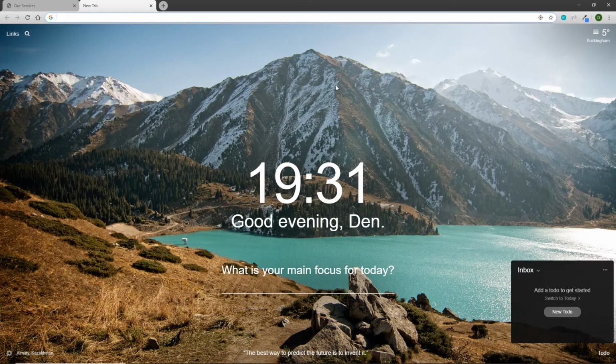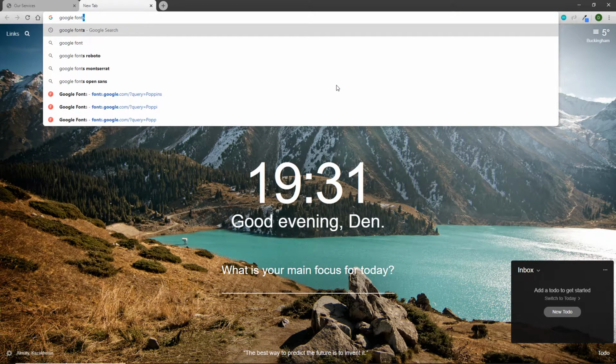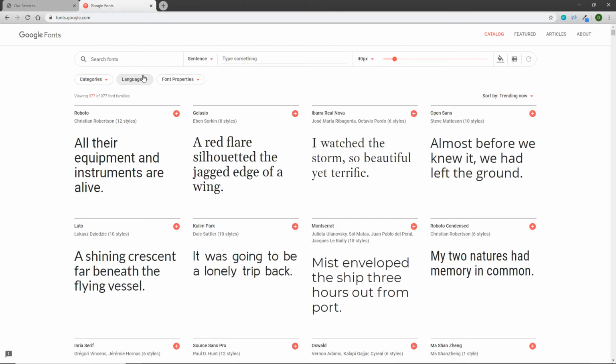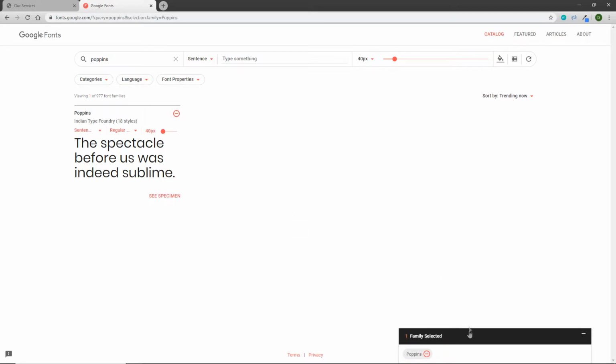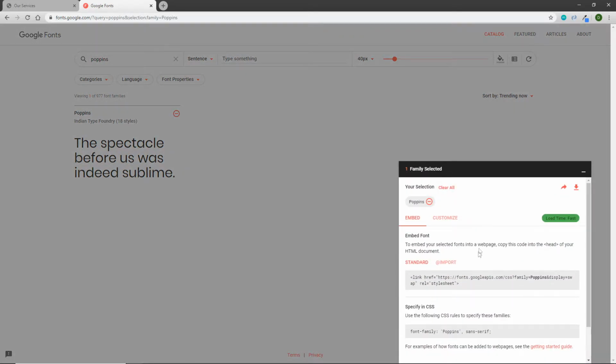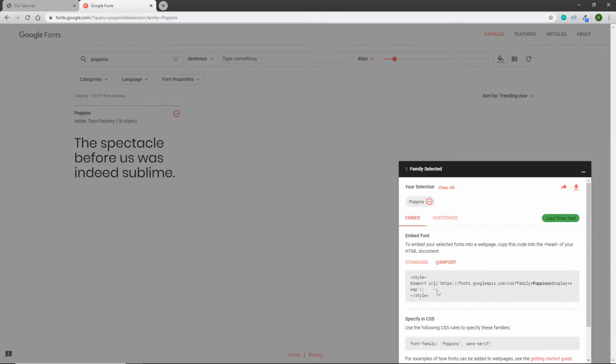We go to Google Fonts, and I'm going to use Poppins. So in the search bar, type Poppins, hit that little plus icon, click the box, and we're going to import this. Okay, so between the two style tags, we're going to just copy that bit of code. So Control C,